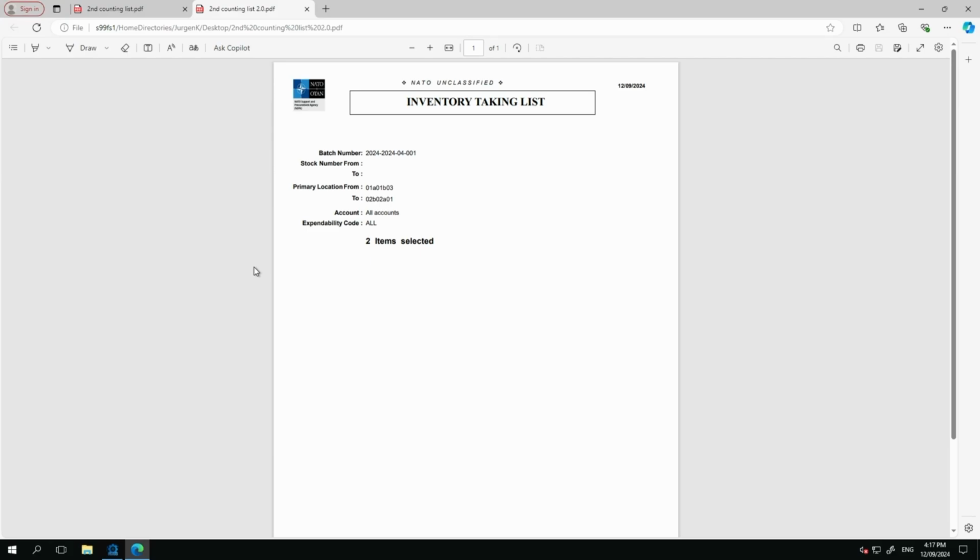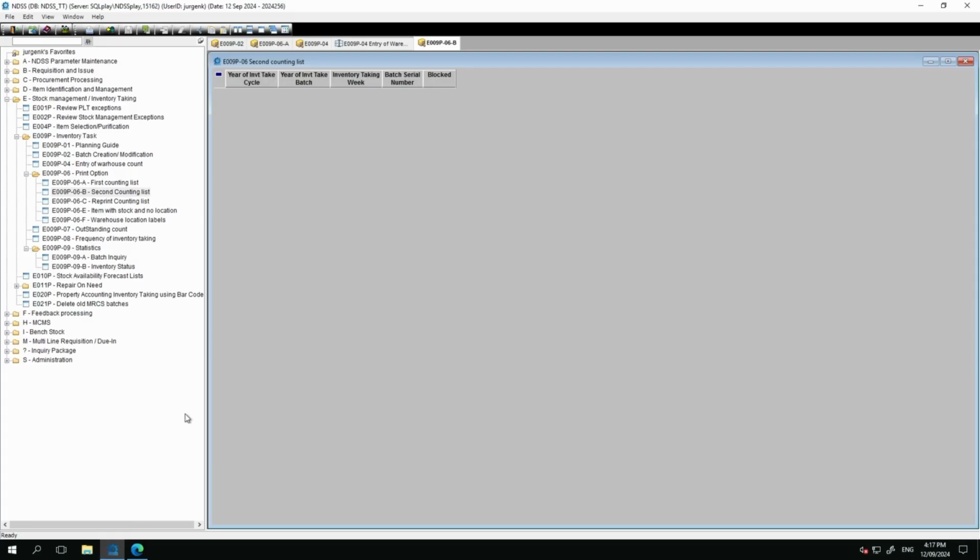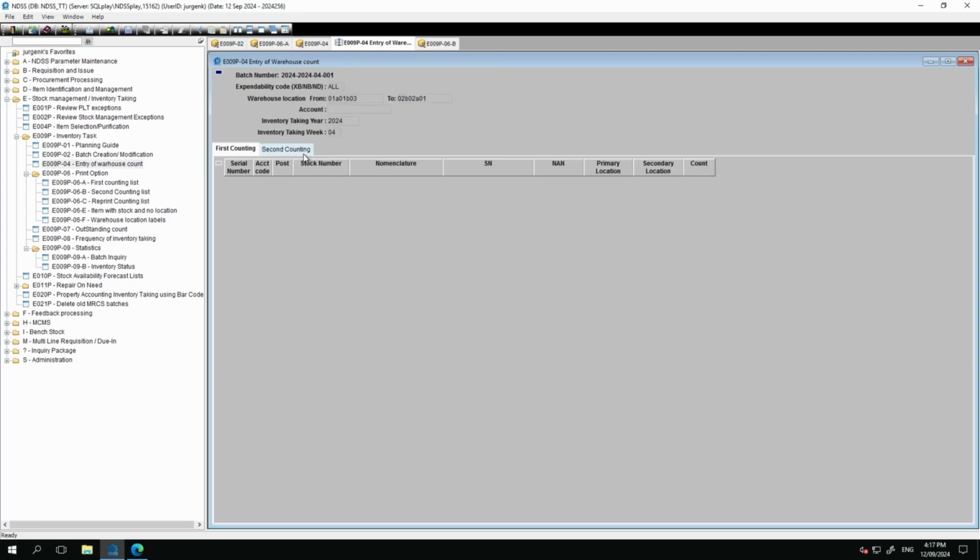Again, the second counting list, I would recommend that other staff members do the second counting list with a fresh pair of eyes. After the counting list is returned, you go to the entry of warehouse count and you will see that if you go to the second counting,